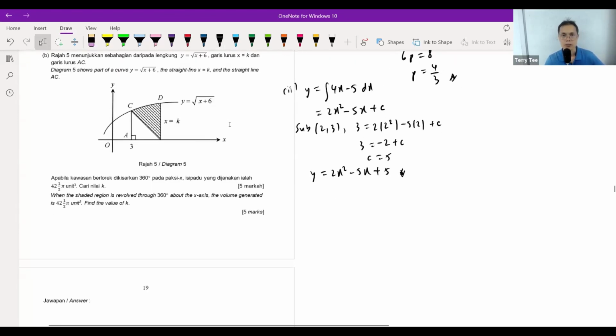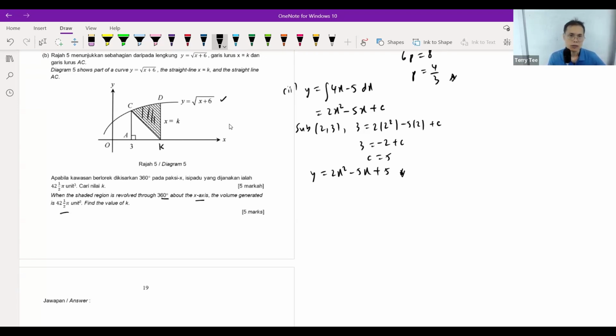All right, moving on to part B. So I'm going to continue right below here. Now, the first thing is notice that you're given this shaded region. The curve has this equation, square root of x plus 6, and the straight line x equals k is a vertical line. And you're given straight line AC is a vertical line that passes through 3. This one is k. And the area shaded region here is rotated through 360 degrees about the x-axis. The volume generated is